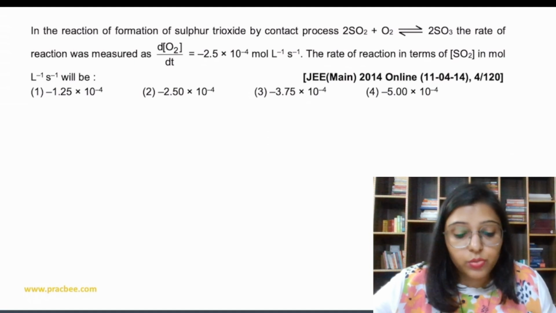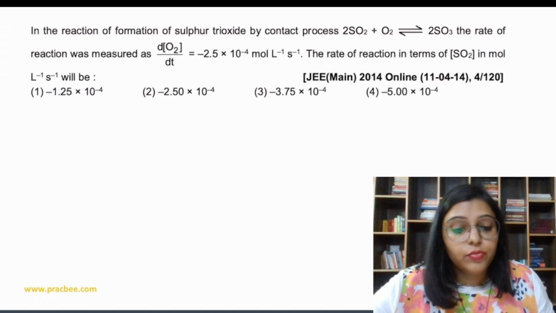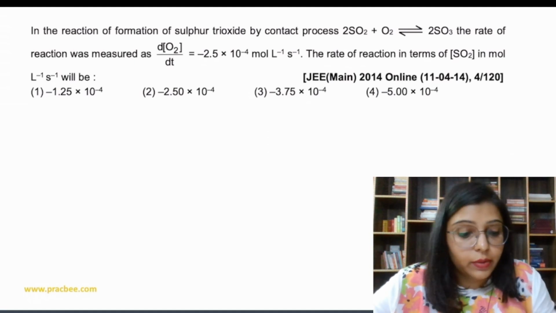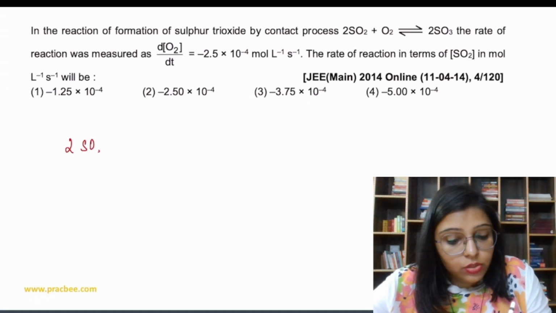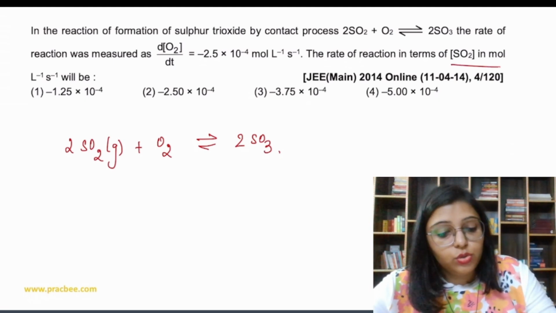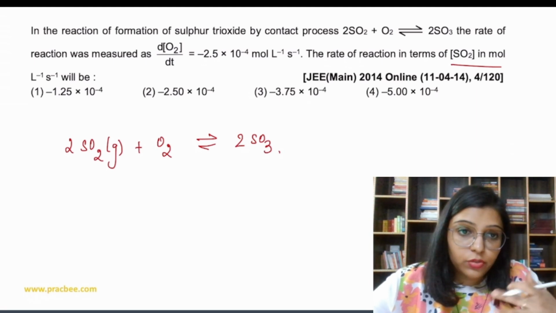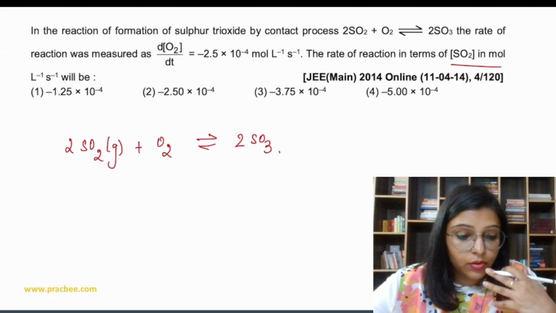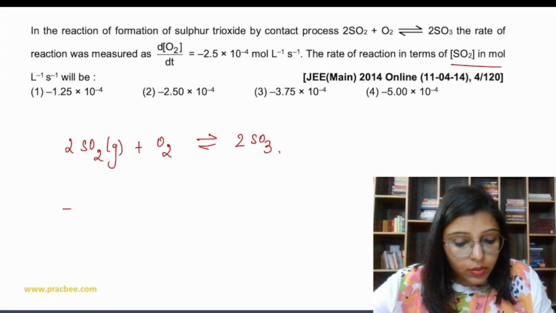Okay, now let's do the next question. In the formation of sulfur trioxide by the contact process, 2SO2 gas plus O2 is in equilibrium with 2SO3. The rate of reaction was measured as dO2 by dt, and we need the rate of reaction in terms of SO2. If I write down the rate of reaction, that is going to be